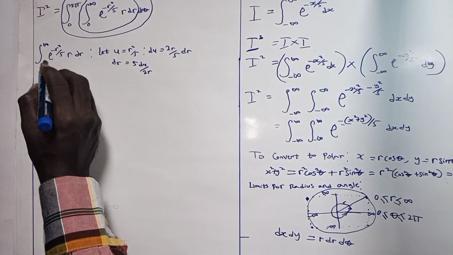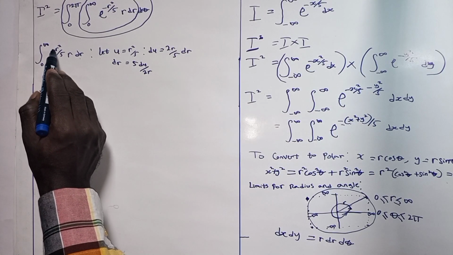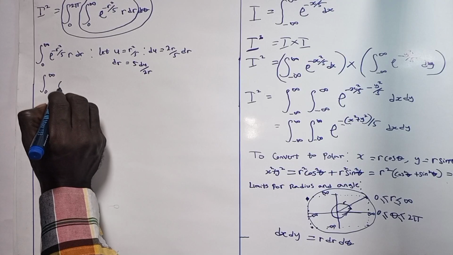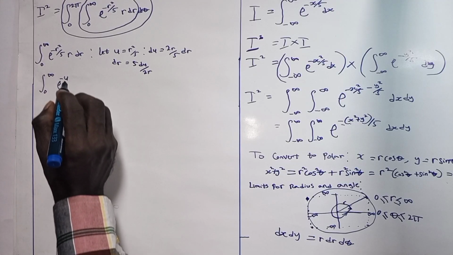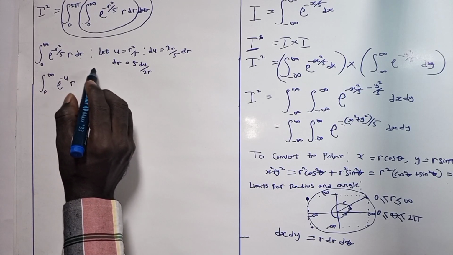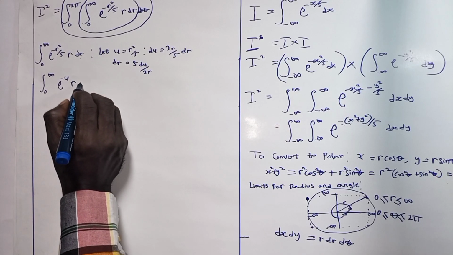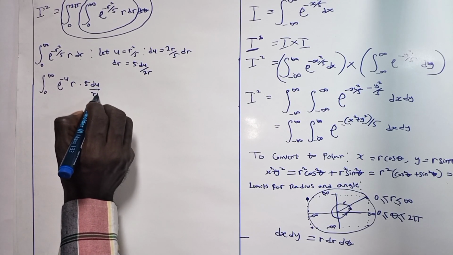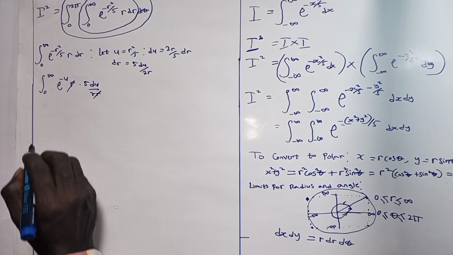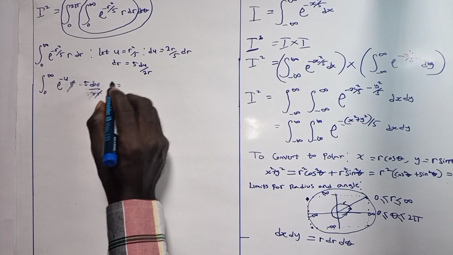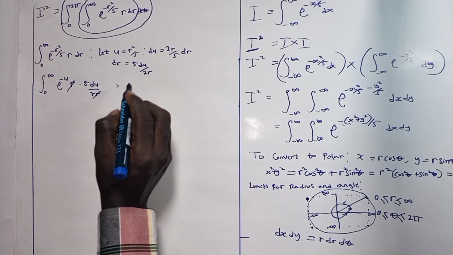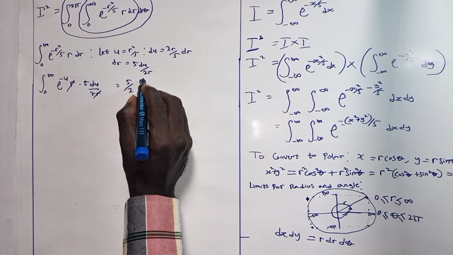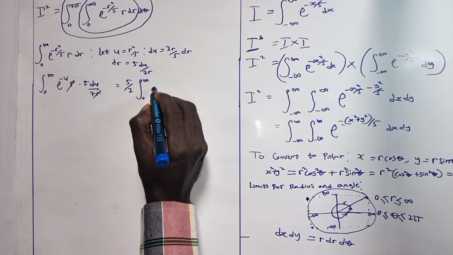So don't forget our r square over 5 is already u, then r, and our dr now is 5 du over 2r. The r cancels r, so we are left with 5 over 2, a constant, bring it out. So from 0 to infinity, e to the minus u